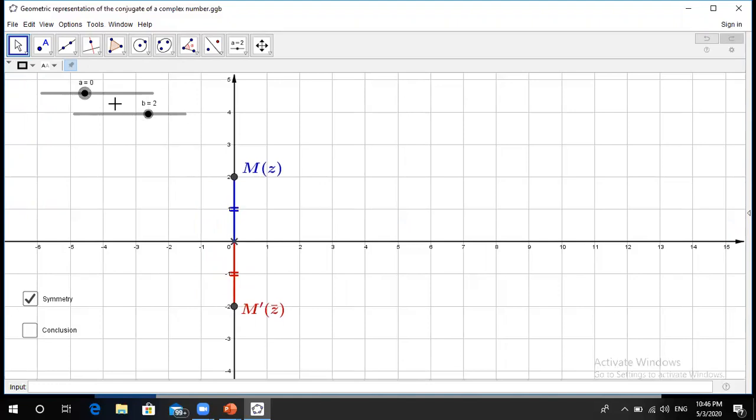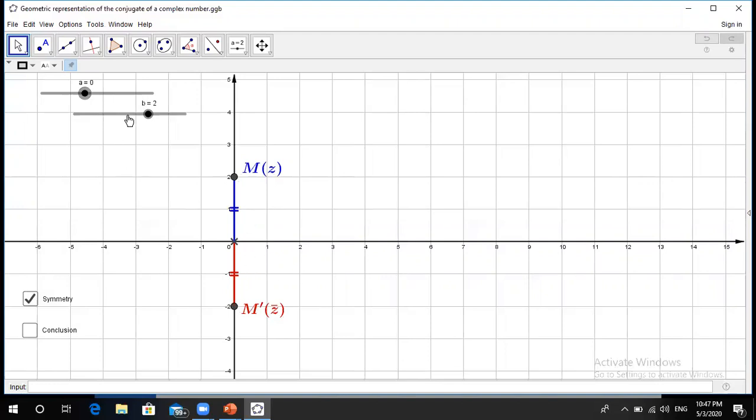For example, if M is the image of the complex number 2i, the coordinates of M are (0, 2). Since z is 2i, where a is 0 and b is 2, z bar will be -2i. So M prime, the image of z bar, will be (0, -2), and again you will notice that M and M prime, the images of a complex number and its conjugate, are symmetrical with respect to